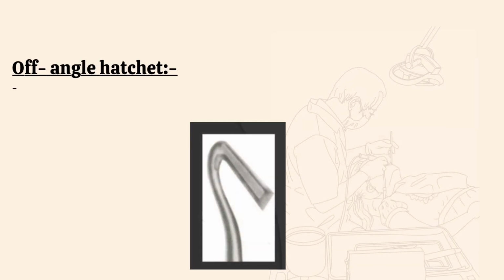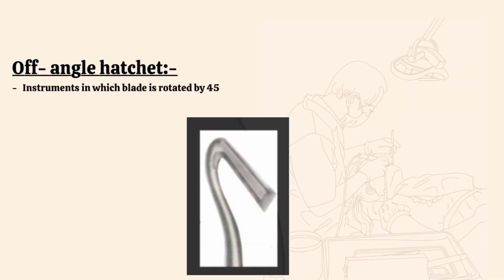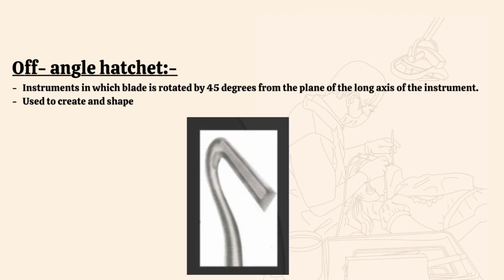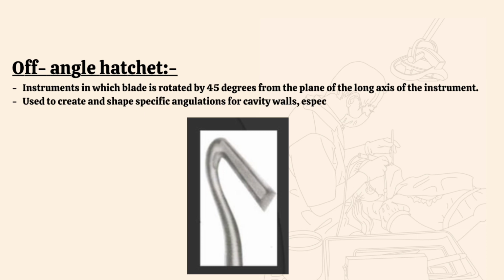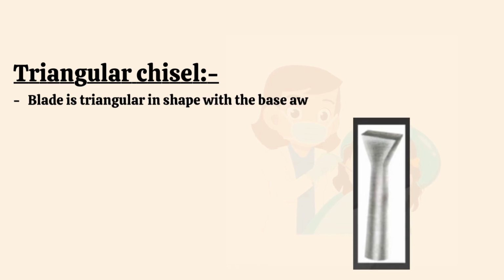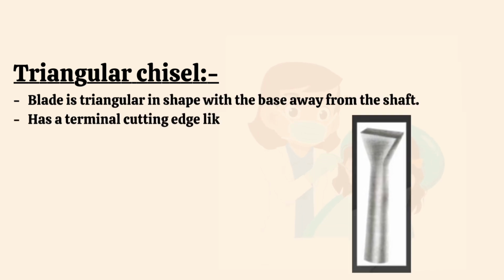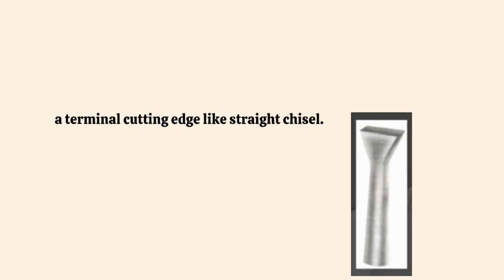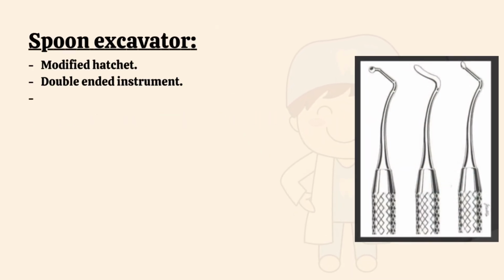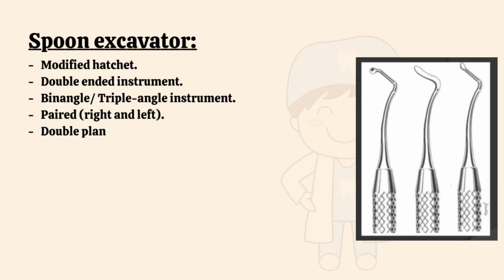Off-angle hatchet: instruments in which blade is rotated by 45 degrees from the plane of the long axis of the instrument. Used to create and shape specific angulations for cavity walls, especially in areas of difficult access. Triangular chisel. Blade is triangular in shape with the base away from the shaft, has a terminal cutting edge like straight chisel. Spoon excavator, modified hatchet, double-ended instrument, bi-angle, triple-angle instrument, paired, right and left, double-plane instrument, circumferentially beveled, cutting